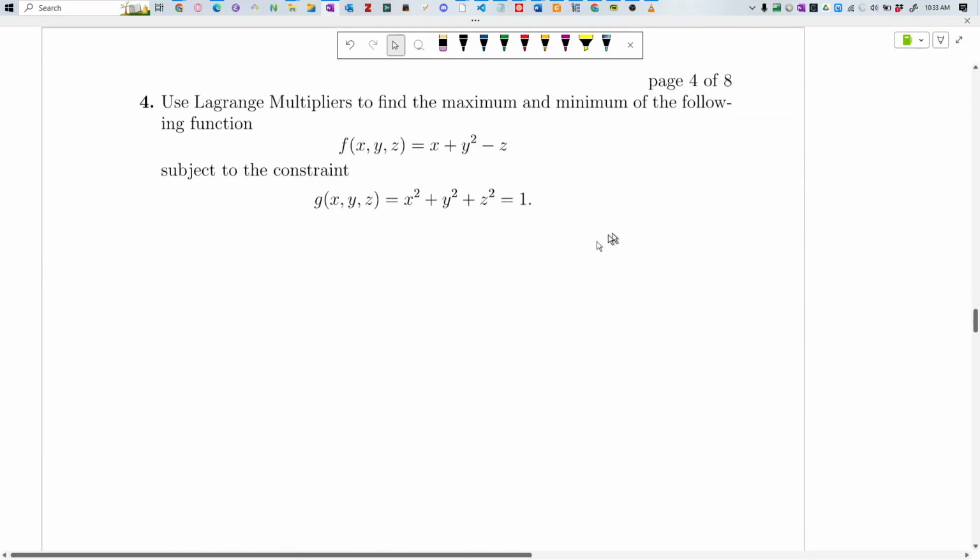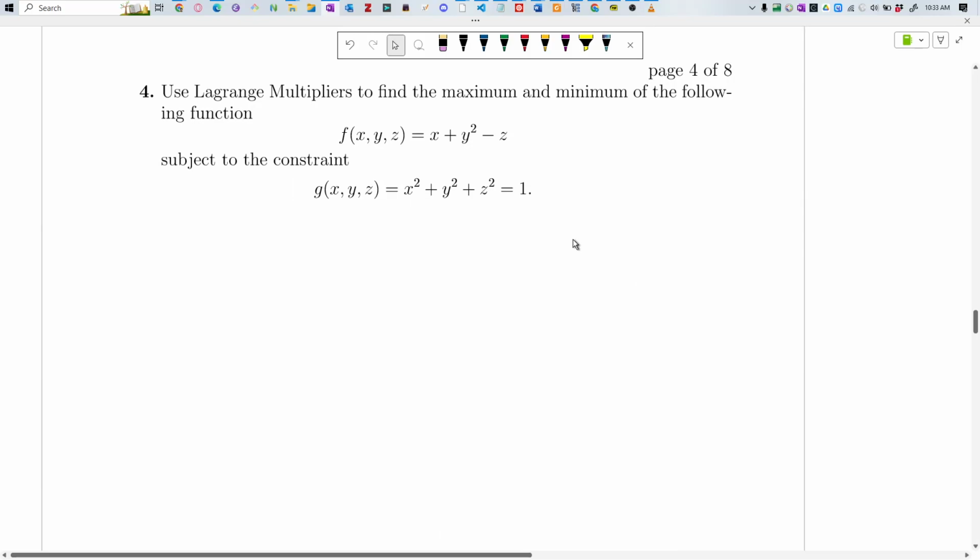Next problem. Use Lagrange multipliers to find the minimum and maximum of the function subject to the constraint. Okay, it's a function in 3 variables. So given that we have a constraint, you should be thinking of the Lagrange well, okay, it tells you Lagrange multipliers. Sometimes problems aren't as nice and they don't tell you what method to use. But yeah, okay, so it does tell you. But the key thing is the fact that there's a constraint here tells you